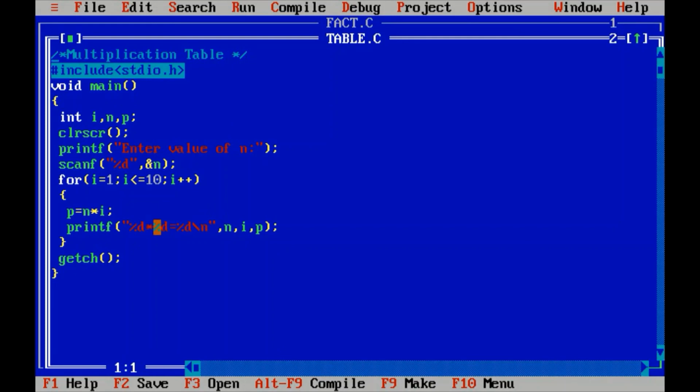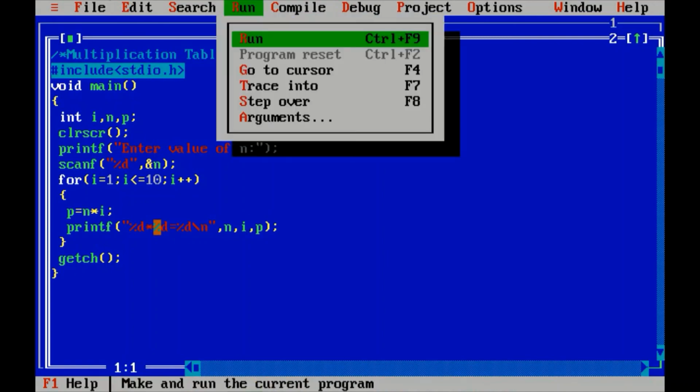Then at the second %d, we want the value of i to be printed, that is 5 into 1, 5 into 2. So i here, and at the place of the third %d, the term which is calculated, that is p, will be printed here. Let us execute.